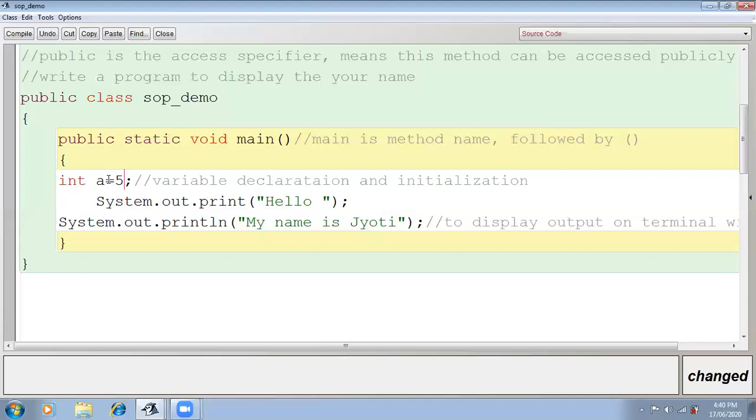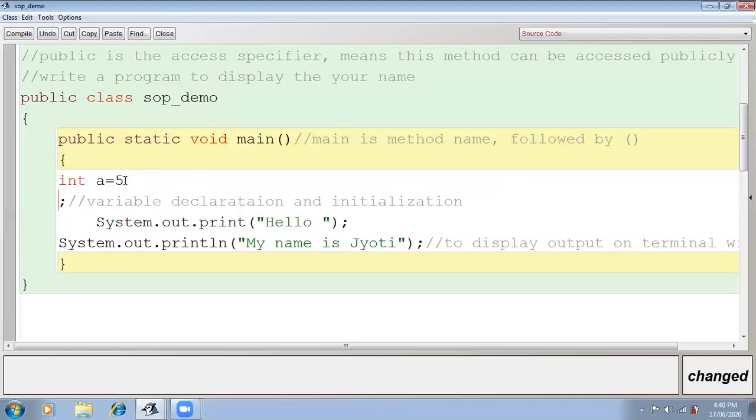Clear? Now, if I'm declaring another one, int b equals to 6. Now, another variable is b. Value of b is 6. And the same, variable declaration and initialization. Okay, understood?